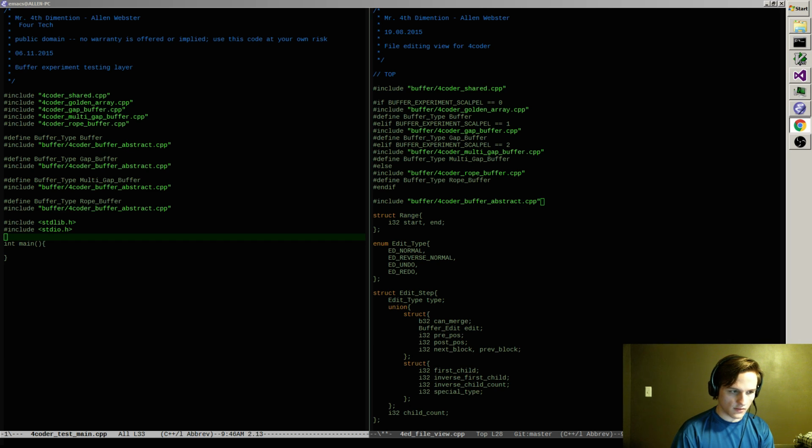C standard library time. Looks like there is a time header. Let's see. Converts TM object.